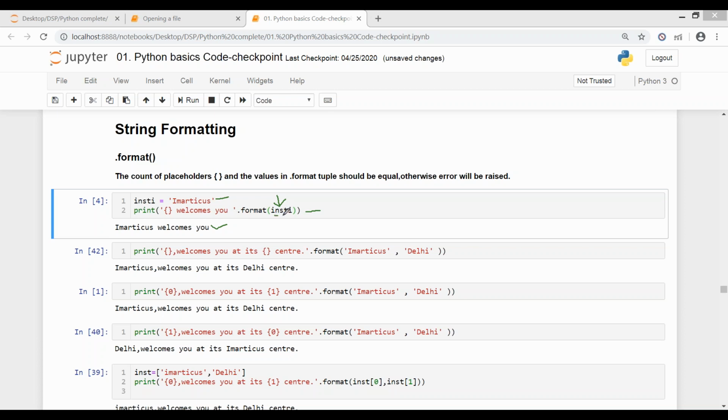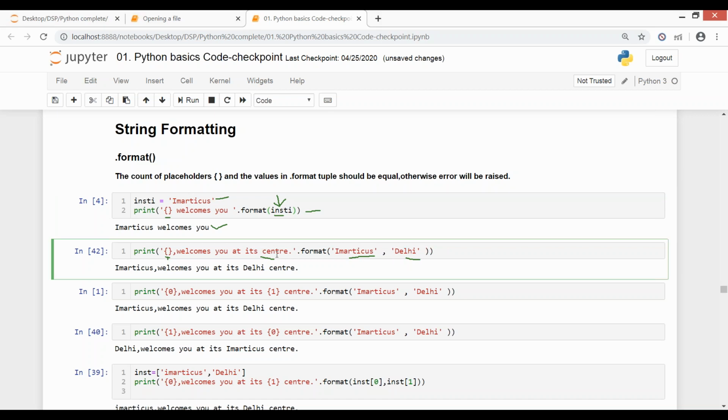Now similarly, I've given one value here, so I've given one placeholder. Now instead of one, I just want more values. So I have to specify the number of placeholders to be equal to the number of values which I want to print. Now in dot format मैंने कितनी values दी है? One is Ematicus and one is Delhi. So I want these two values to be printed. So उसके लिए I have to specify these two placeholders, because otherwise, let's say if I delete this one, then there is a mismatch. Still, I'm able to only print the very first one. I'm not able to print Delhi.